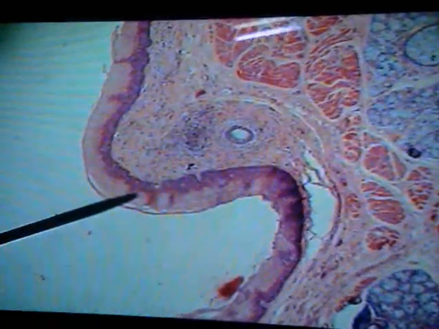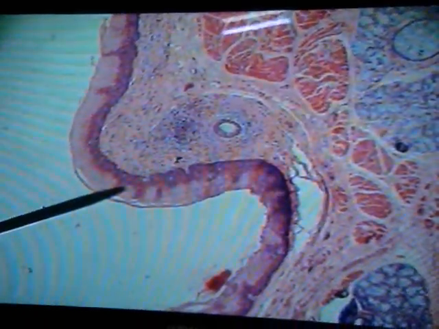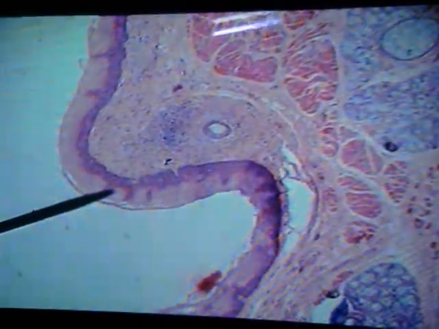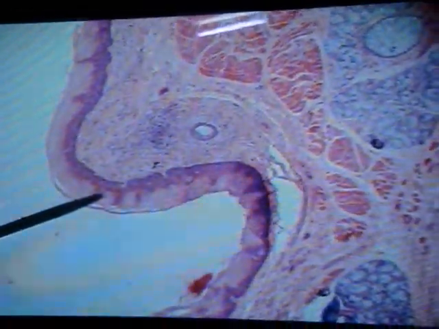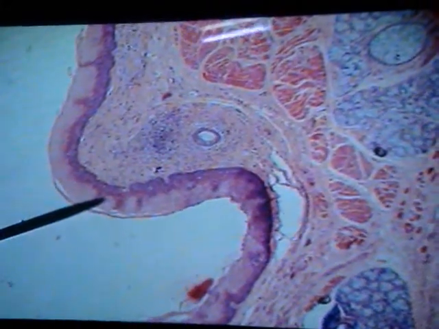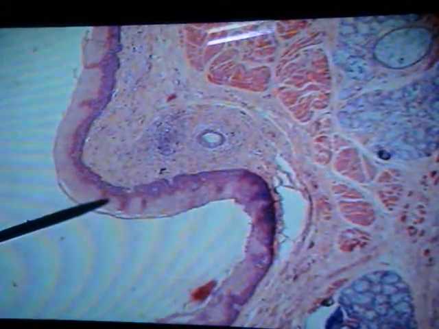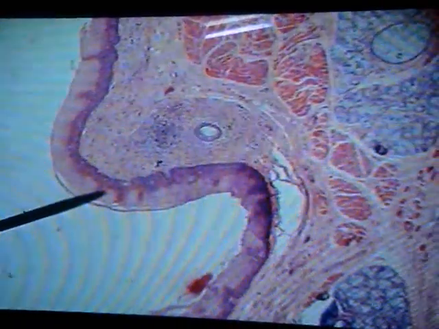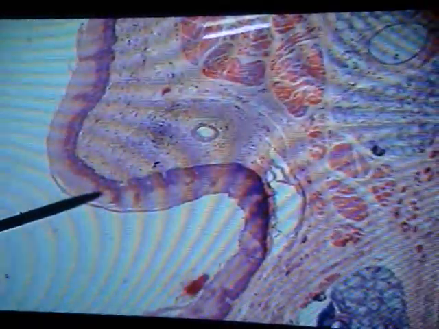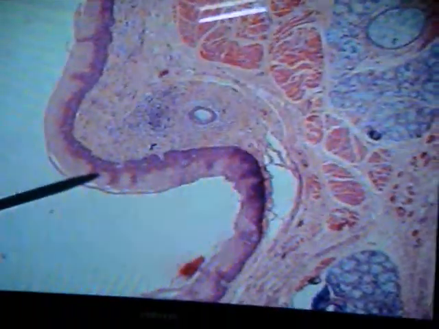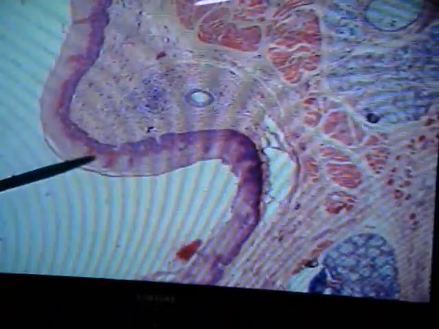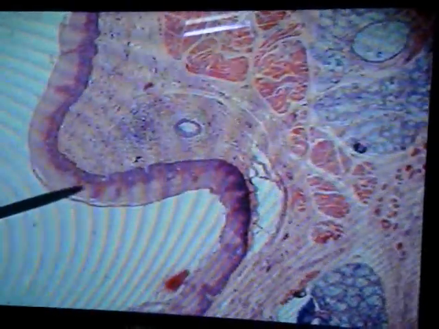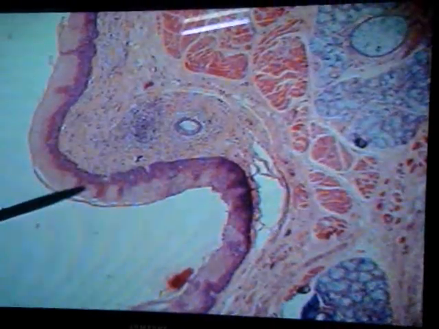Normally in the gastrointestinal tract, what are the different layers you study in histology when you see the slide of GIT? From the luminal aspect to the peripheral aspect, you go from the lumen to the periphery. What are the different layers? You have the mucosa. Deep to the mucosa, what do you have? The next layer is the submucosa.